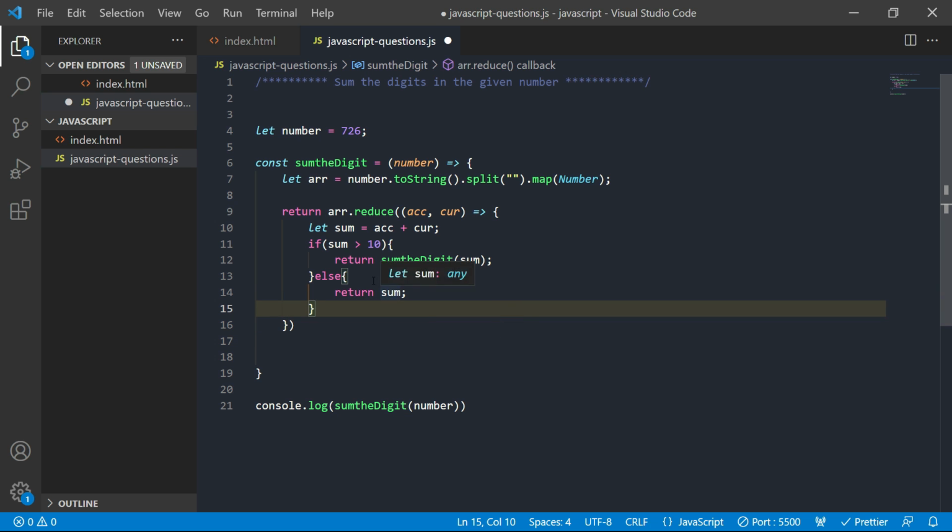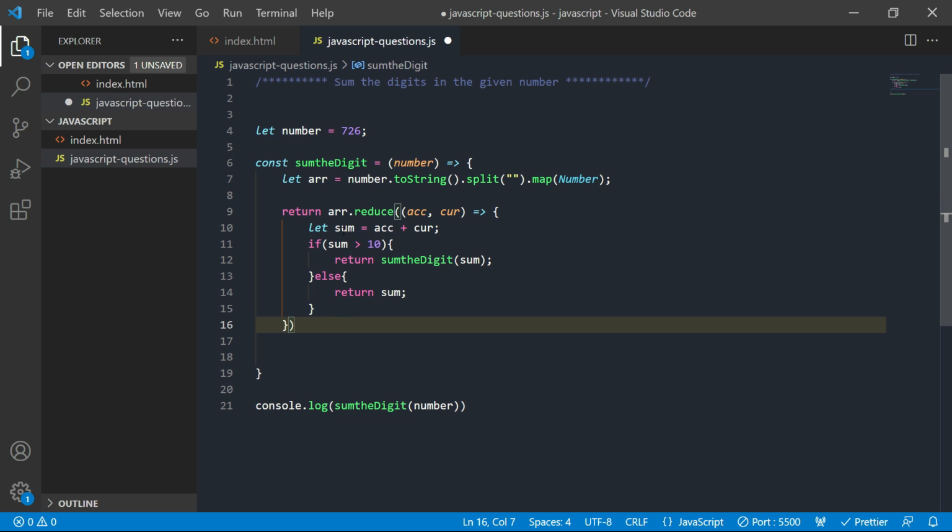So what is this condition? Here we got the sum, and if it is greater than 10, then we are calling the same function again and passing the value sum. Which means if it is, say, 14 or 15, more than 10, then it has digits, right? So we need to sum again. So we are calling this function recursively.